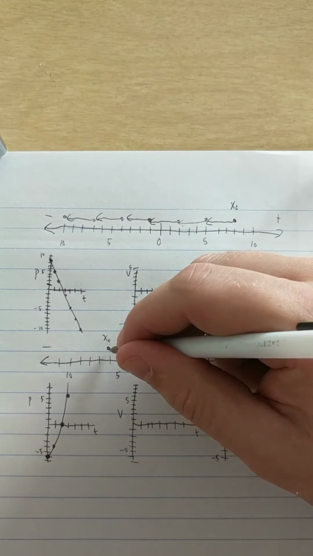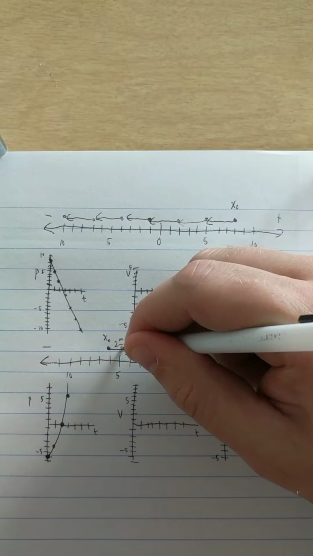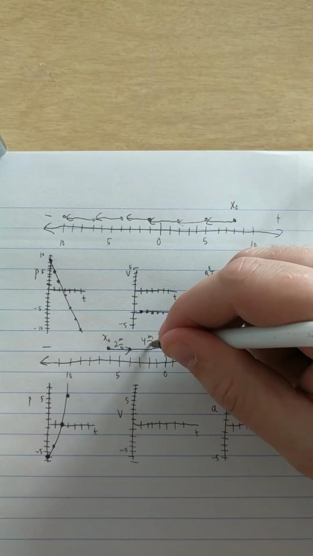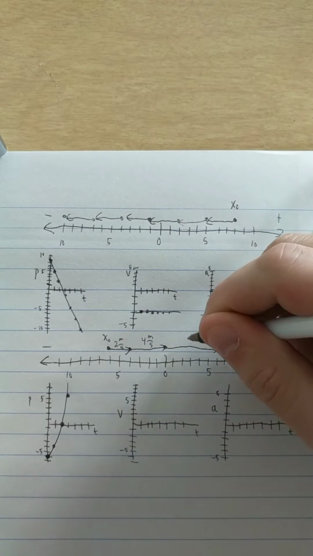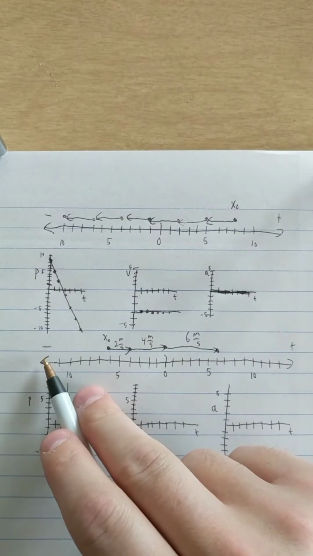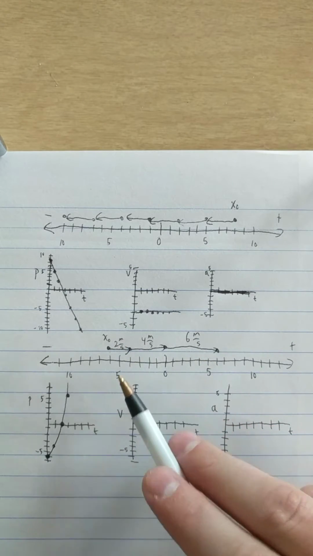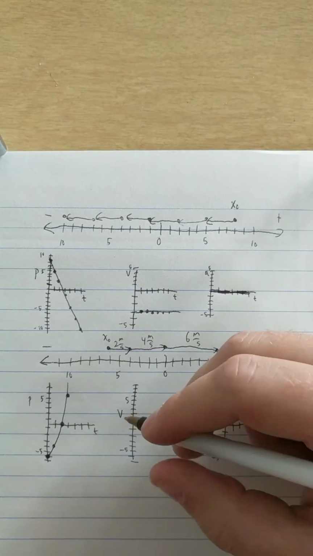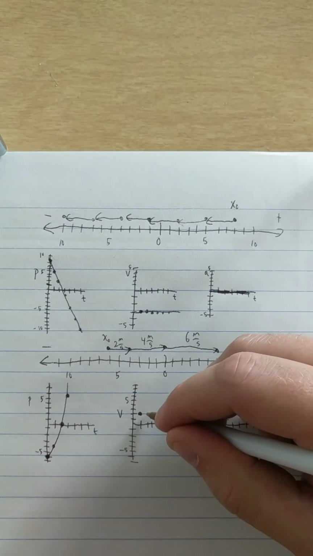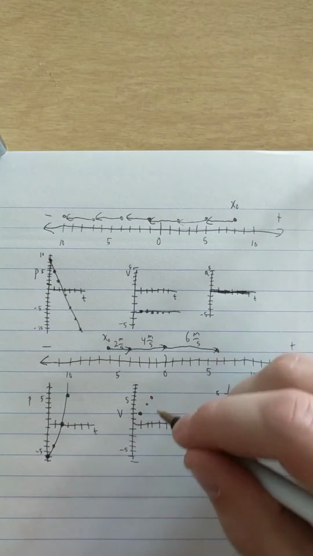For my velocity, I'm going to look at how far they go. So this one went 2, so it's going to be 2 meters per second. And then it went 4, so that's 4 meters per second. And 6, so that's 6 meters per second. Now I'm going towards the positive side, away from the negative side. So this is a positive velocity. So my first velocity is at 2, so I'm going to go over to 1 and put a dot at 2, over to 2, put a dot at 4, go over to 3, put a dot at 6,